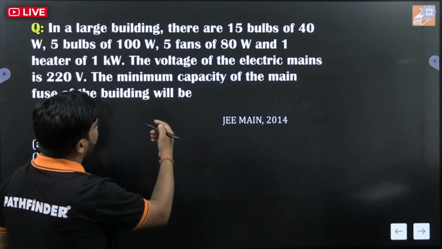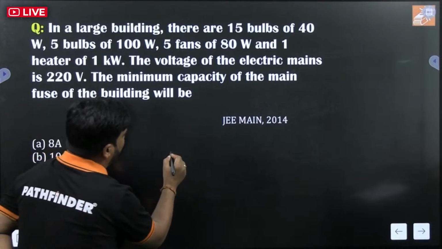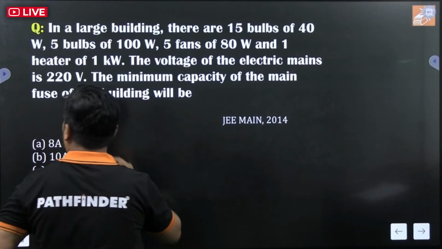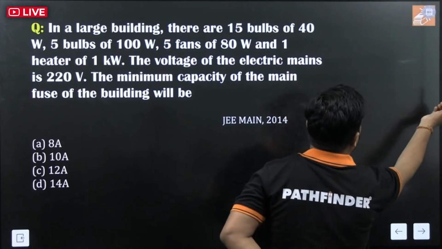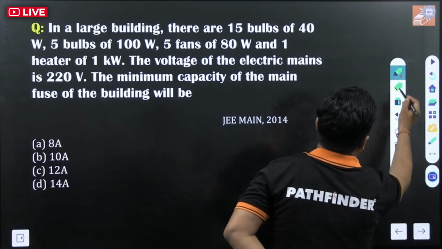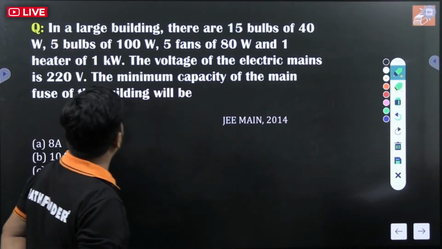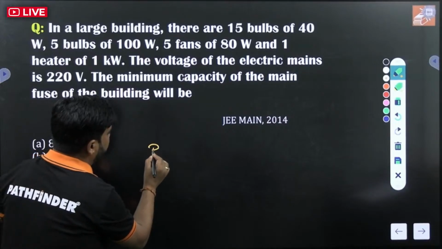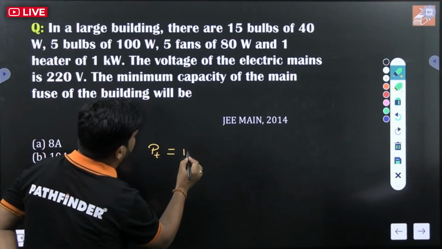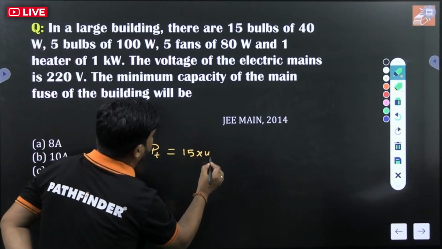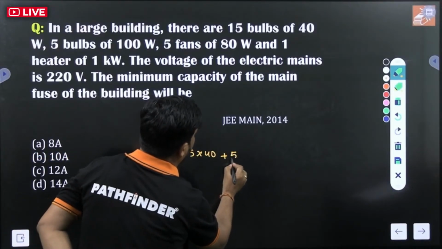So in this case, how many bulbs are there in the building? 15 bulbs of 40 watt. So how much total power is being consumed? Let's see the total power consumption in this building. So total power consumption, P total, is 15 bulbs having 40 watt, 15 into 40, plus 5 bulbs of 100 watts,